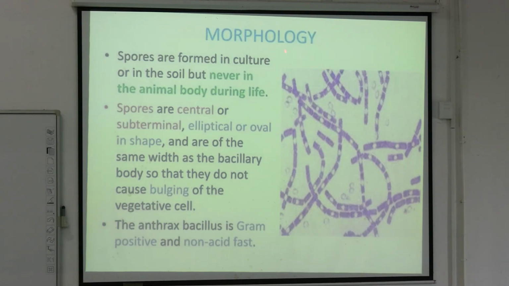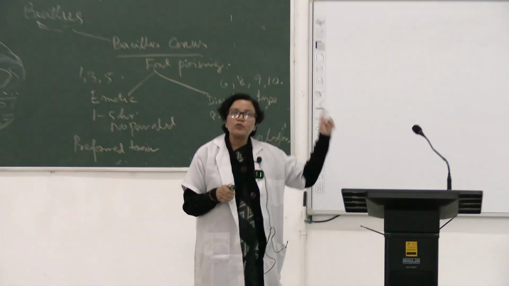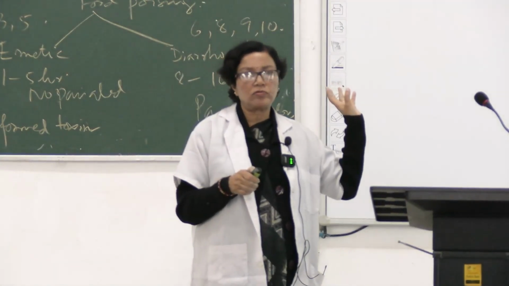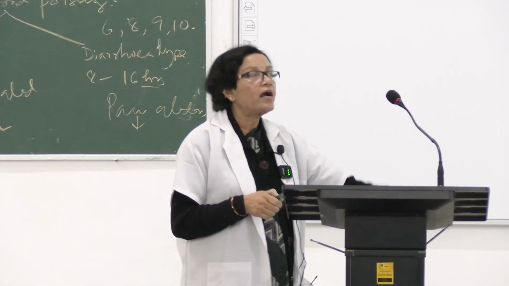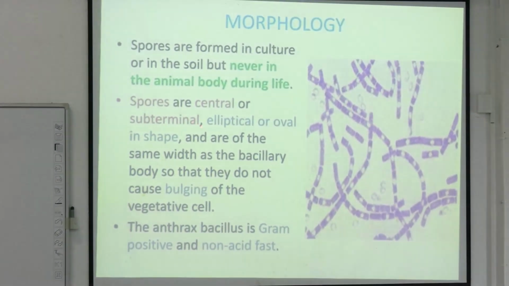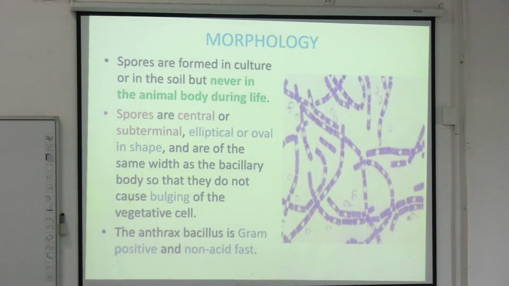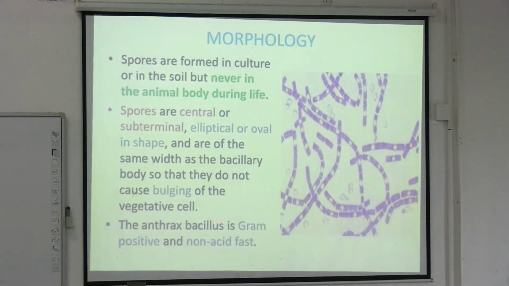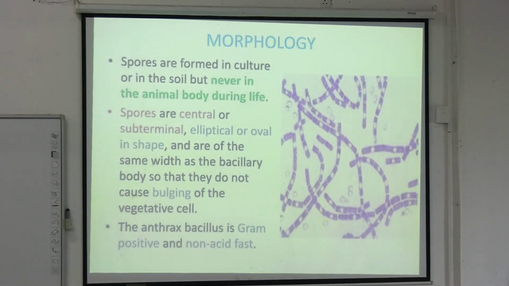Spores are formed in the culture or in the soil, but never in the animal body during life. যখন অ্যানিমাল বেঁচে আছে তার গায়ে কিন্তু স্পোর থাকে না, আমি বলেছি। তখন সে শেড করবে, যখন মাটিতে পড়বে ব্যাসিলাই, then it will be converted in the spore. তবে স্পোর আমরা কোথায় পাই? কালচার করলে তাতে স্পোর পাবো, ঠিক আছে? তাহলে ডেড অ্যানিমালে আর সয়েলে আর কালচারে স্পোর পাবো। Spores are central, subterminal and oval in shape. Anthrax bacilli is gram positive, non-acid fast. Gram positive violet color তোমরা দেখতেই পাচ্ছ।